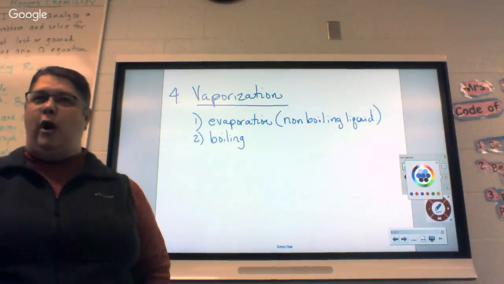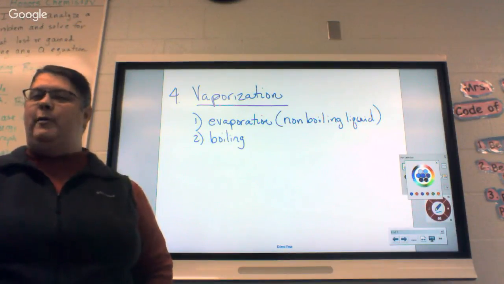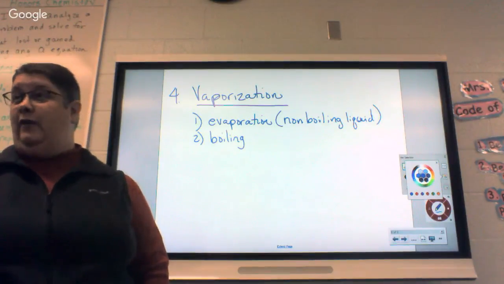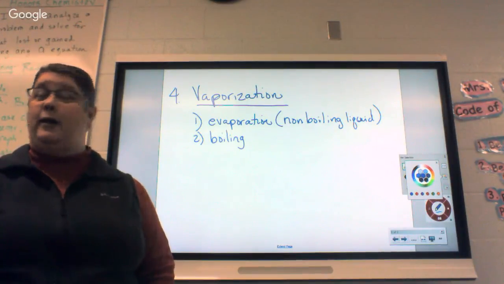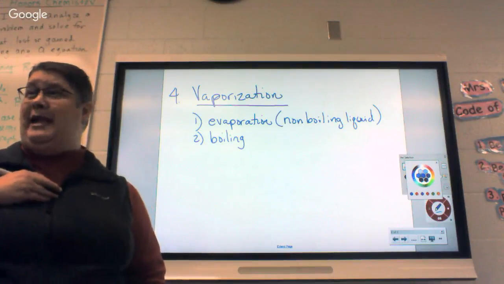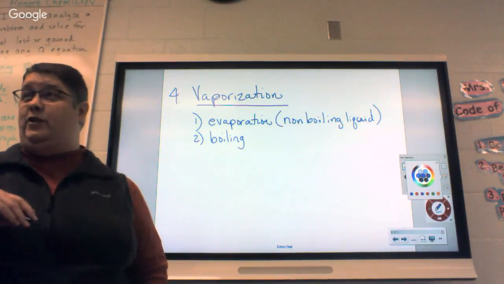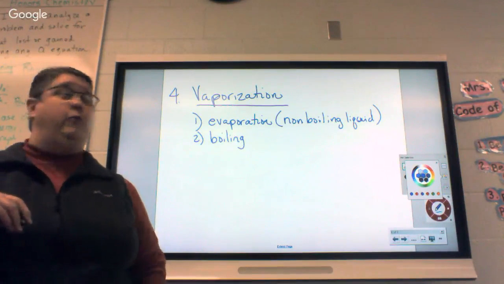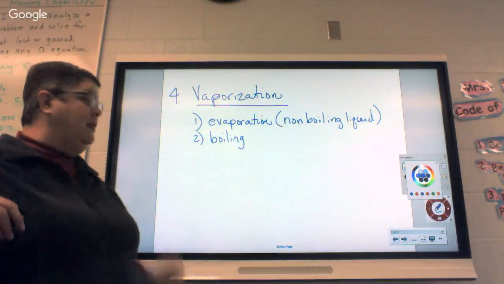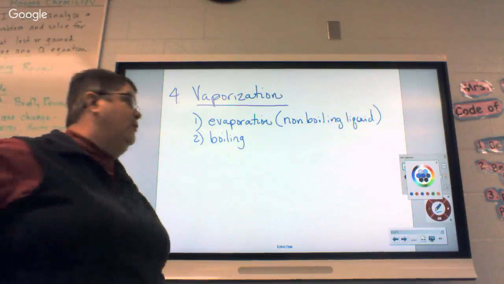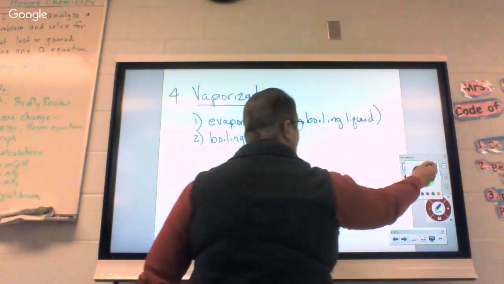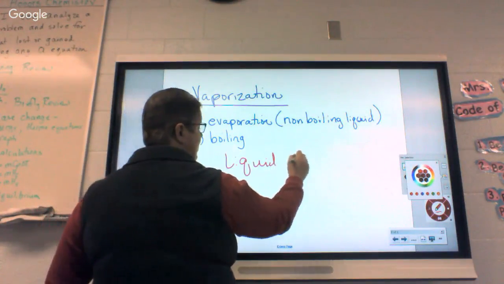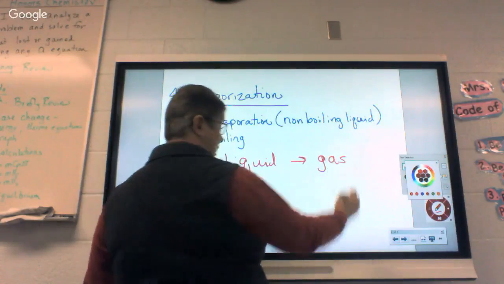The only place water is going to boil is going to be where? On a stove, okay? However, if you tell me the water evaporated on the stove, I'm still going to know what you mean. But the correct definition of the word is it vaporized, okay? Now, we'll talk about the differences in these, hopefully with me, but if not in the video. Now, it still changes from a liquid to a gas. That part has not changed.